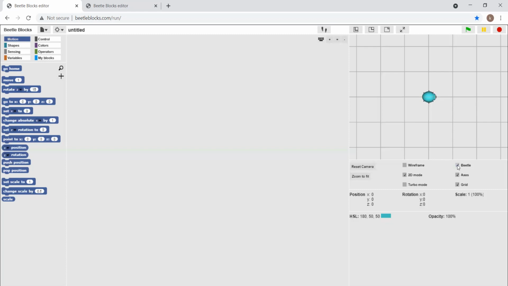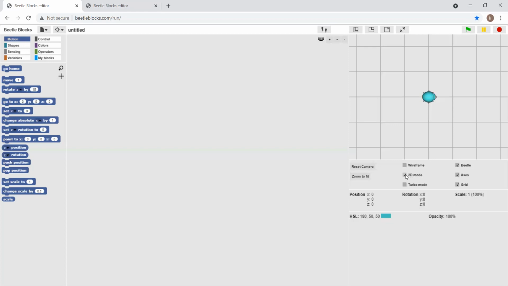We also have the option to turn off the axis, turn off the grid, and change the mode. Mode, in the sense, we mainly have two modes, 2D and 3D.